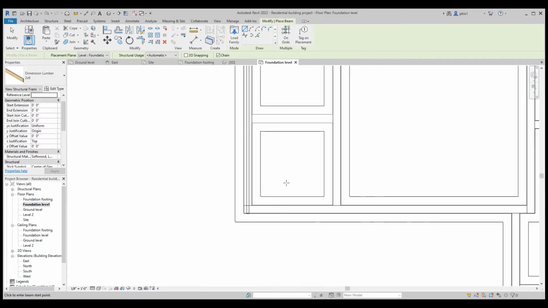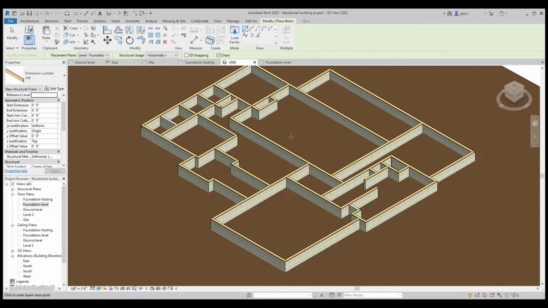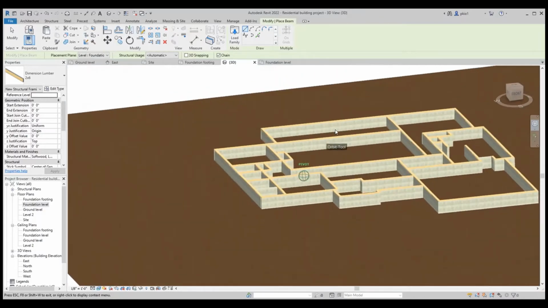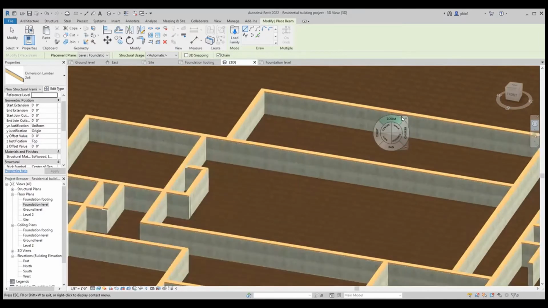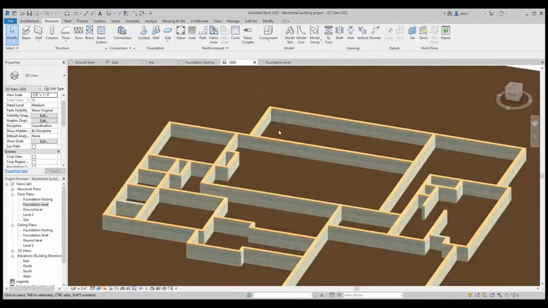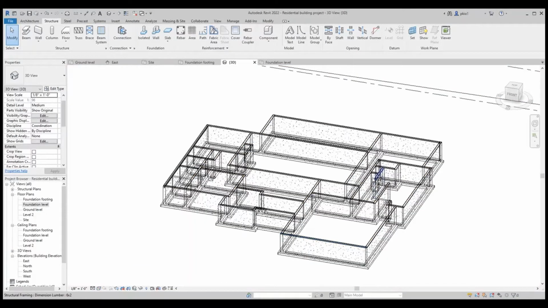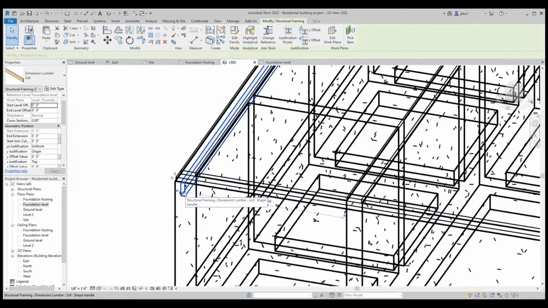Escape. So let's take a look at this in 3D to make sure the heights are okay. In order to zoom around this 3D, we'll come to this navigation wheel, click at the center, orbit. I need to go back and see where, no, we need to set this in wireframe so that we can see the joist that we have just placed. So this is the joist, it's hidden in the wall, that's why we couldn't find it.